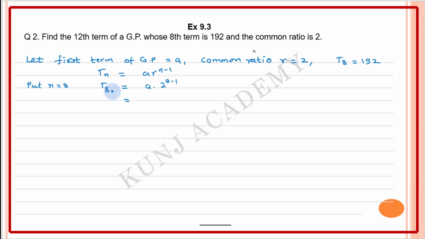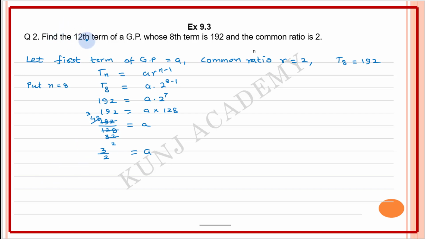It is given that the 8th term is 192. a 2 power 7, 2 power 7 means 128. A is equal to 192 upon 128. A is equal to, 4 से घटाने पर 4 3 जार 12, 4 2 जार 4, 4 जार 16, 3 32, 4 8 जार 16 से घटाने पर 16 2 जार 16, 3 upon 2. A is equal to 3 upon 2.